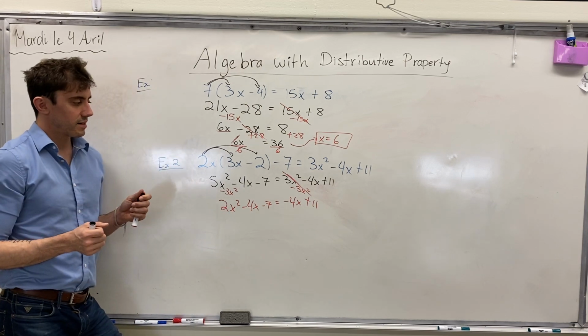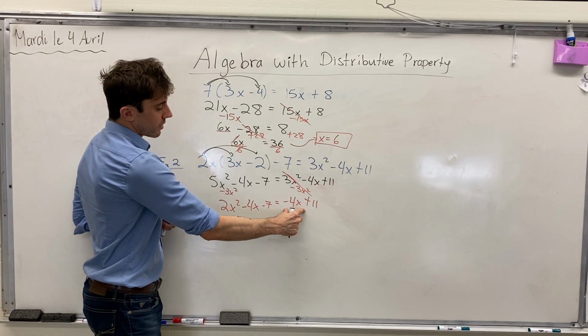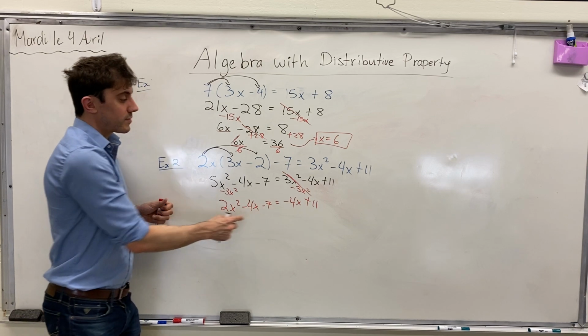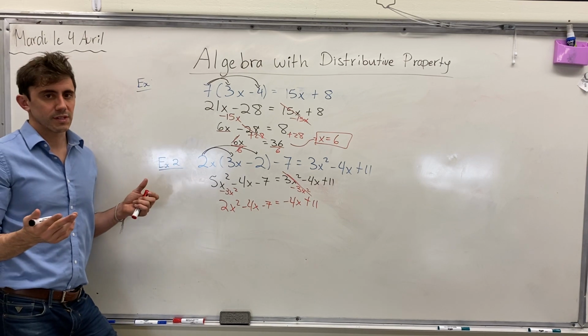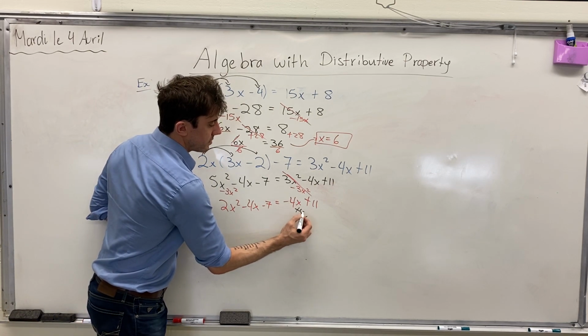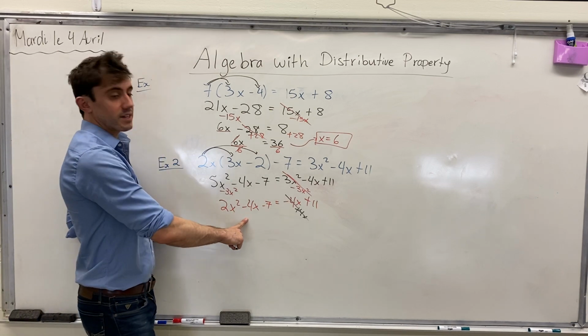Now this is going to be a little bit of a funny situation because we have negative 4x here as well as on the left side. And so I'm going to pick and choose one side. You can kind of choose whichever way you'd rather. But I'm going to add 4x on this side to cancel it out. But what happens is when we do the same thing on the other side,